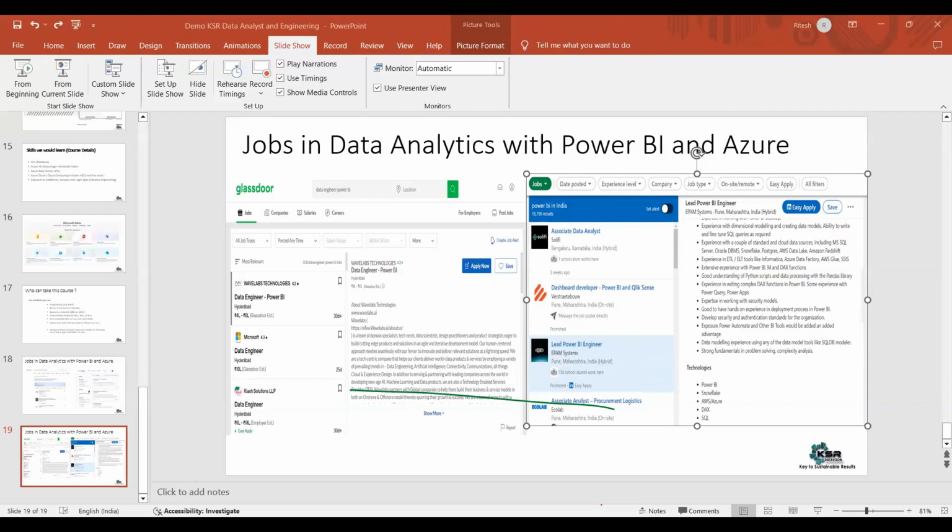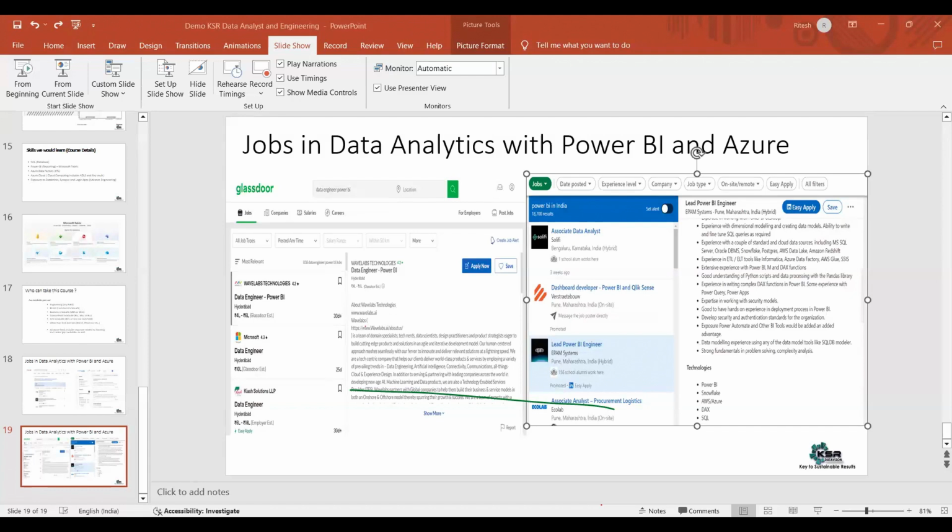Whether it will have an impact, let me answer this question. 50% it will have an impact and 50% it will have zero impact. Now what does this 50% yes and 50% no mean? See, if you are working on Power BI, there is already a Q&A which was available. How will this Q&A work?